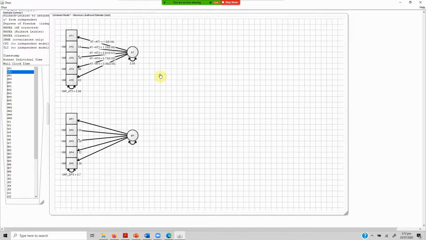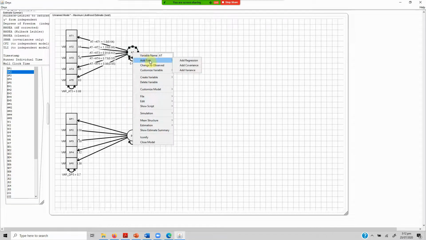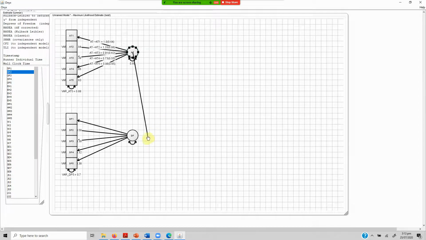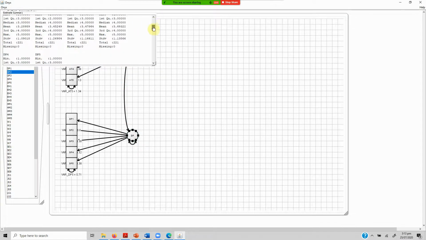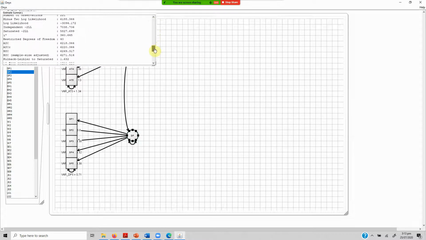I'm going to add another latent variable so you know. Let's right click on it, add path and add covariance. Right click, add path and add covariance, and drop it onto the other indicator with which you want to draw covariance. Once this is done, this is the double-headed arrow, the covariance is drawn, and if you go back and have a look here,